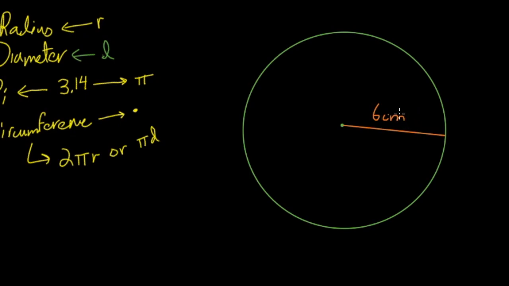That is all we need to find the circumference. And why is that? That's because the circumference is equal to 2 pi r, and pi is just a number, right? So here, all we have to do is sub it in. The equation is 2 pi r, and since we know that r is equal to 6 centimeters, we simply write c, which is the circumference, is equal to 2 times pi, which is 3.14,